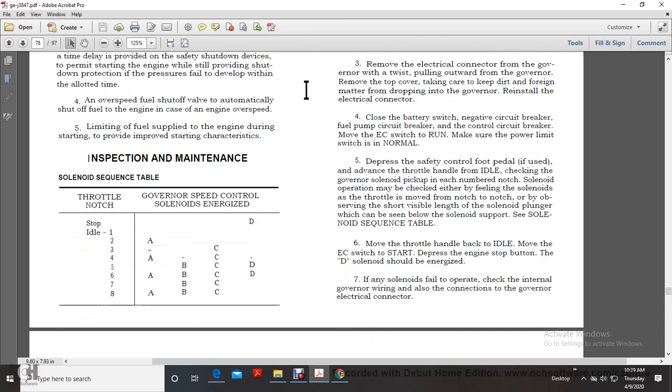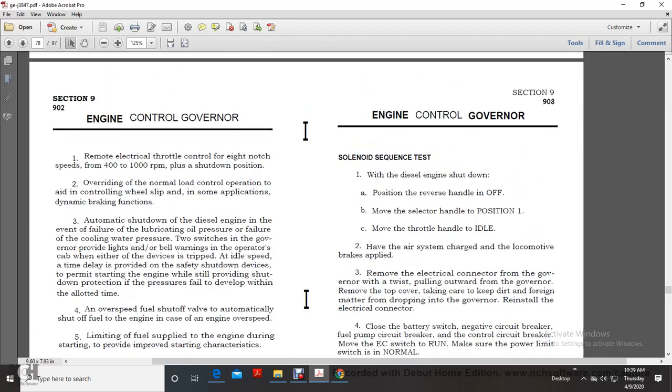Inspection and maintenance: solenoid table, sequence table, throttle notch, and governor speed solenoid energized. There are 8 solenoids, 4 cylinders, 8 throttles. Alright, solenoid sequence test. With the engine shut down, position the reverse handle to off, move the selector handle